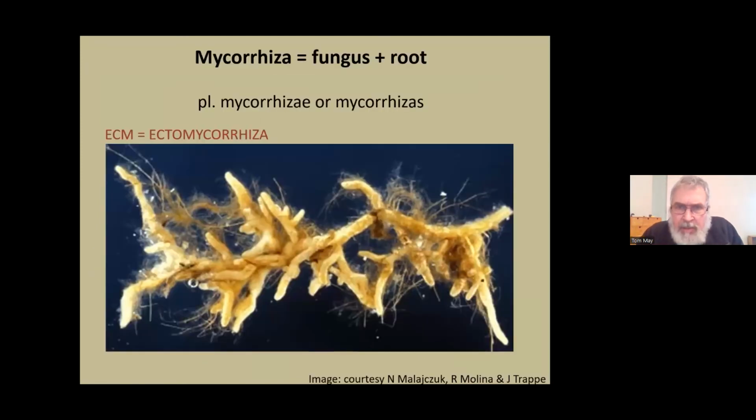So in simple terms, a mycorrhiza just means fungus plus root in ancient Greek. And so it's an association between green plants and fungi. And there are a number of different types, and they're formed by many different plants, and some of those types are restricted to certain plants, like there are orchid mycorrhizas, there are special mycorrhizas for ericoid plants. But two of the main types are the ectomycorrhiza, just meaning on the outside.